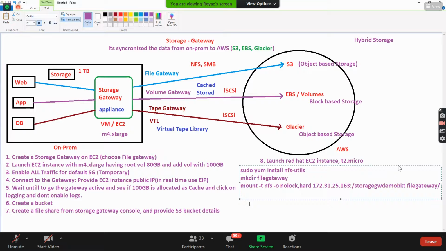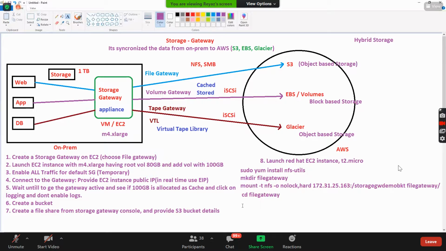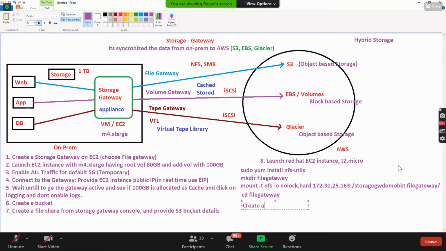Okay, nice. And then if you go to cd file gateway, create sample files and check in S3.